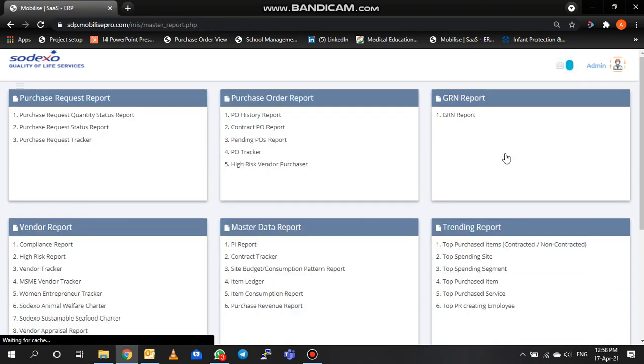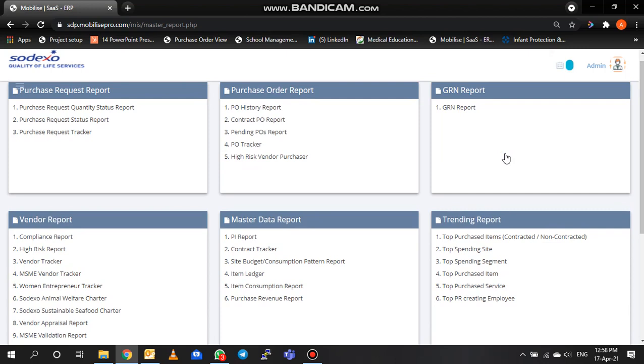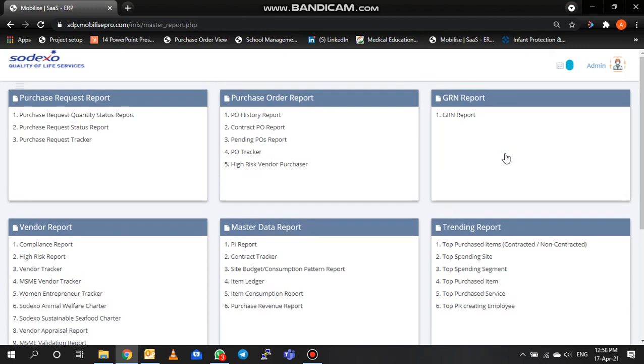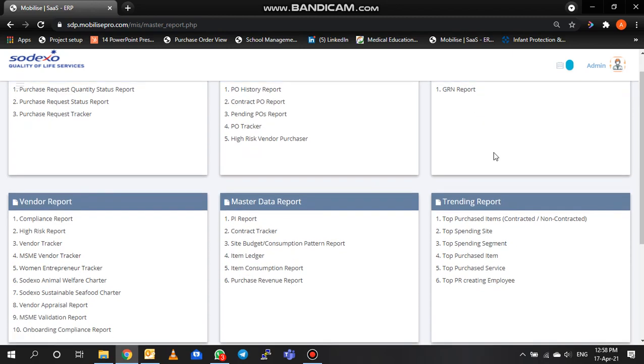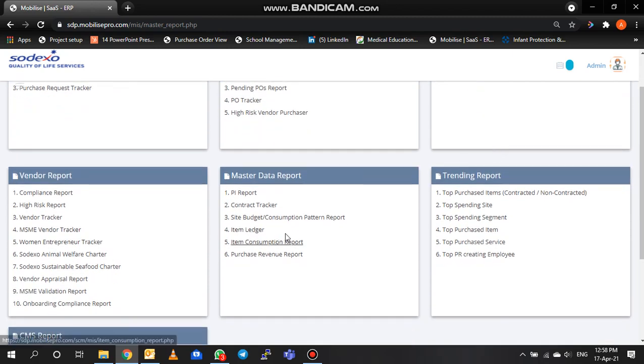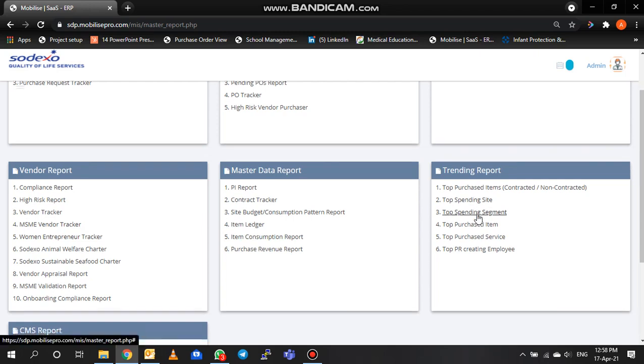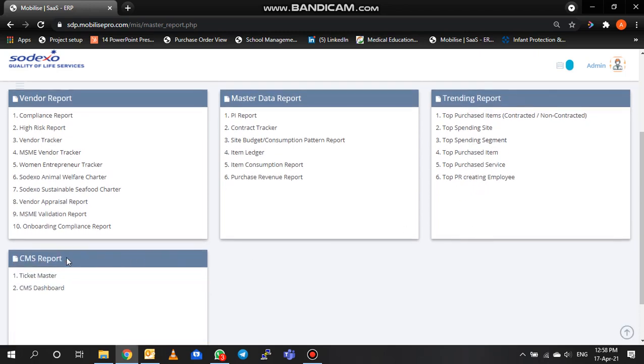In the Report Central module, as you can see, we have reports created for all the various features available in the system, be it PR or purchase order reports. We have reports for GRNs that are being created. Similarly, we have vendor related reports, master data reports, trending reports, and finally reports generated at the CMS level. These are the reports regarding the tickets or complaints generated using the CMS module